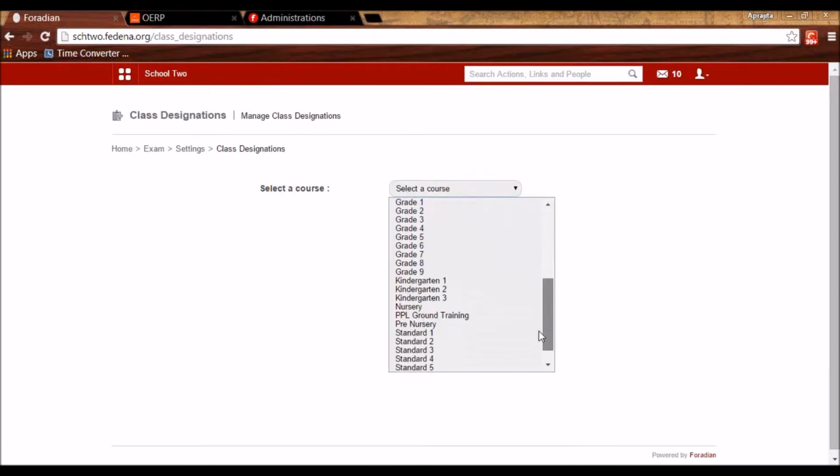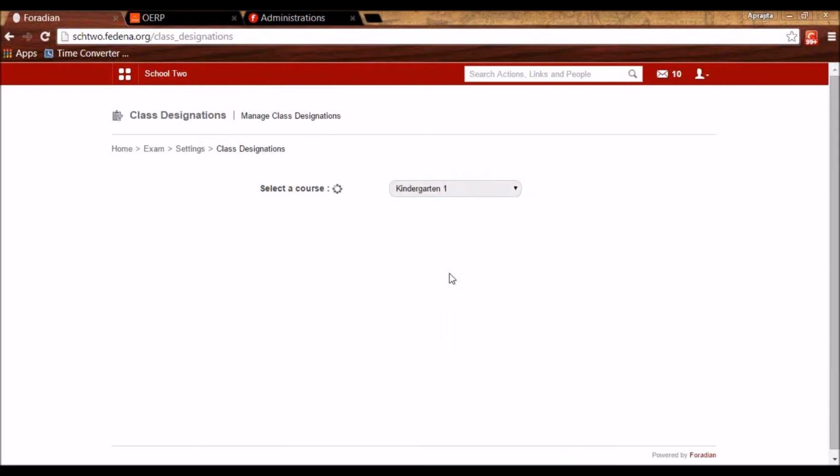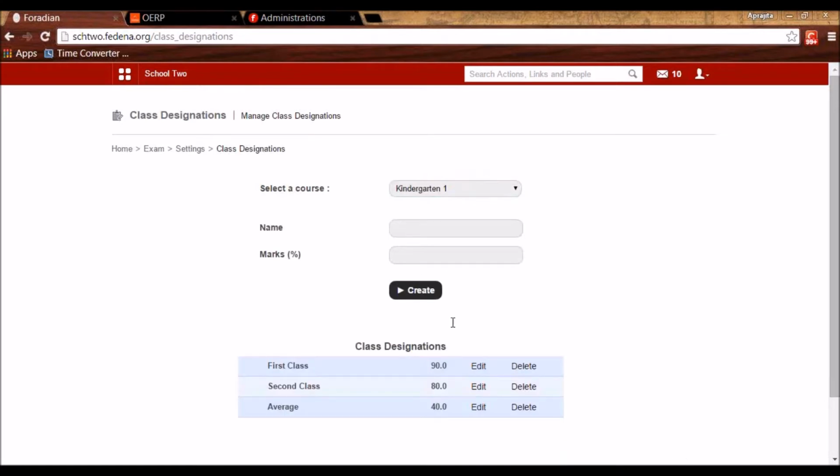For class designation, it will not ask you about the number of subjects or the limits to the marks of the subjects. Like here, you can create a class designation called first class, and the students will be called first class students in this course when they have 90 and above overall.